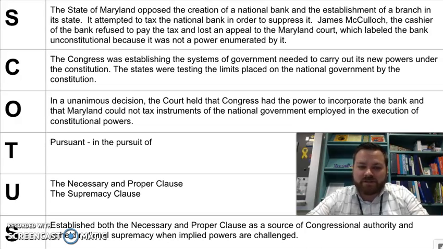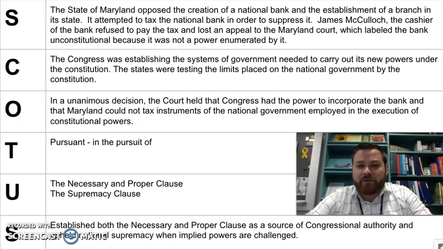It's a unanimous decision, so you didn't have to write about a dissent because there was no dissent. The court held that Congress did have the power to incorporate a bank, and that Maryland could not tax that bank because it was a national government extension through the Constitution. And this is a really important case because it explains how the necessary and proper clause is going to work